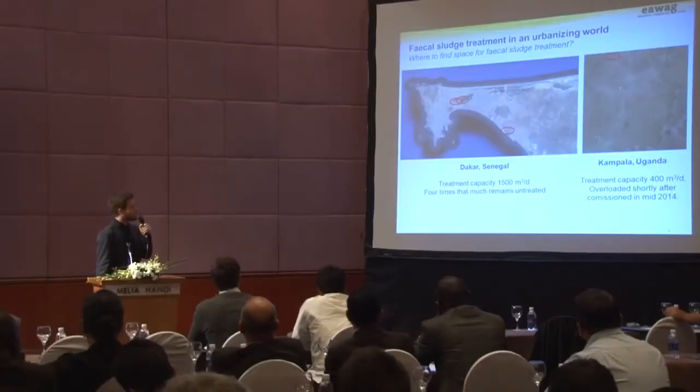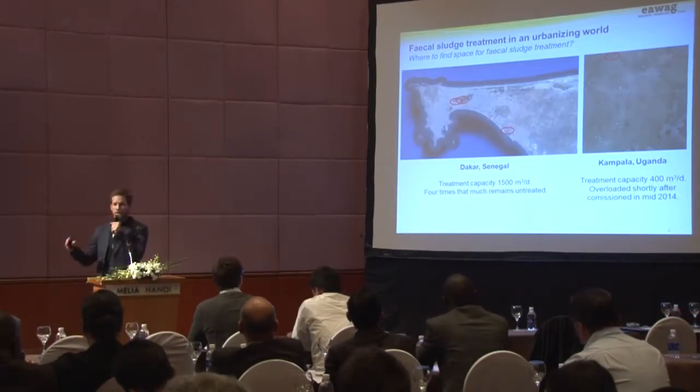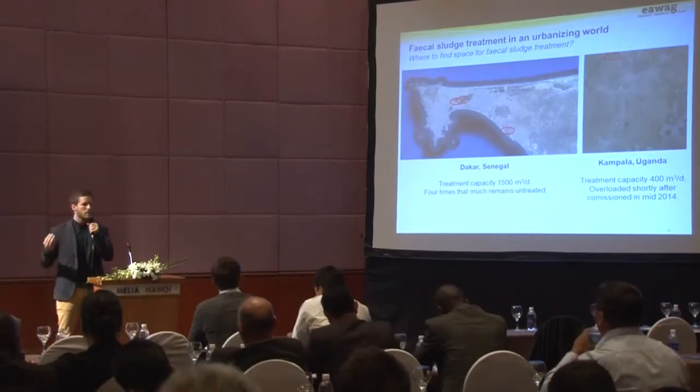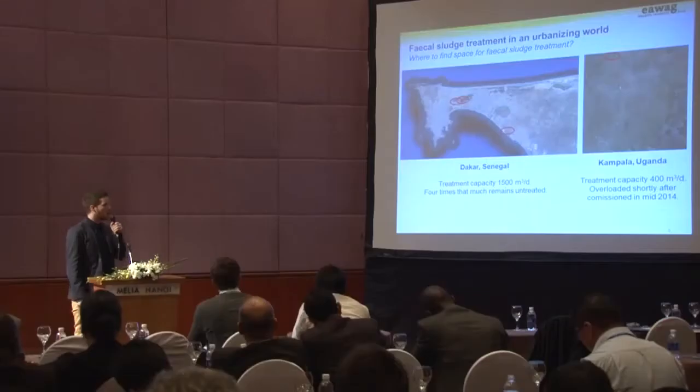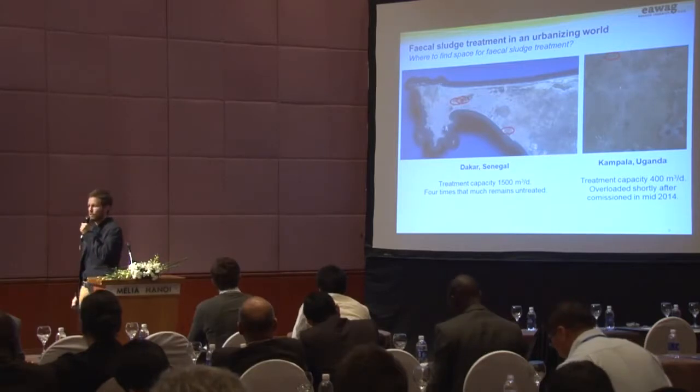So what we are looking at is ways in which we can reduce the drying footprint. And as you can already see in the top right picture in Kampala, treatment plants now tend to get located outside of the city, which is a good idea in a way, but when you consider that we're mostly transporting water around the city, it increases fecal sludge collection and transport costs, which then in the end get passed on to the household level.